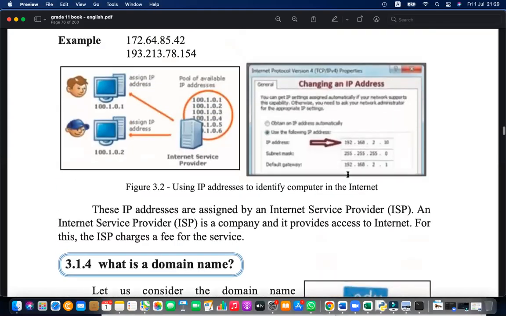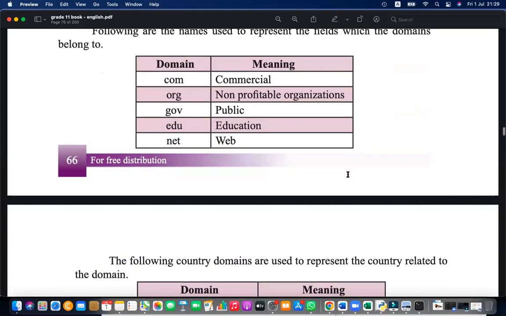Now we know the basics. We have understood what an IP address is and what the limitation of a particular IP address is. Okay, then the domain names. There are different domain names, which I mentioned. The Internet Corporation for Assigned Names and Numbers gives domain names, but there are resellers selling them. They can be categorized into generic groups like com for commercial, org for organization, gov for government, edu for education, net for web, and there are more.